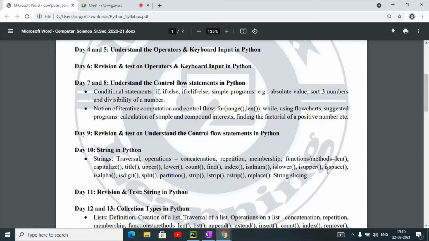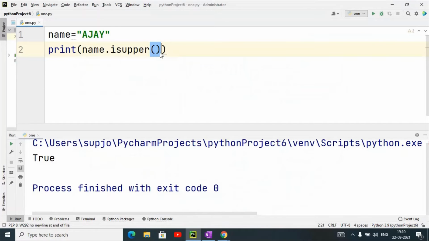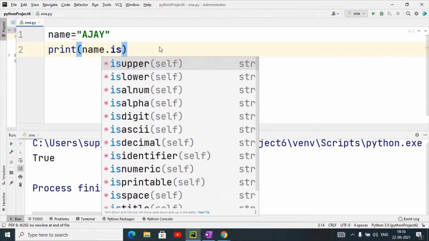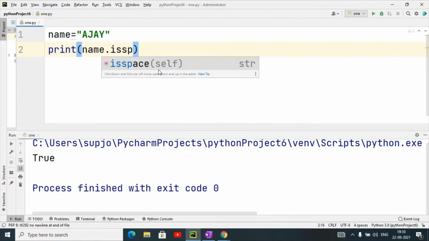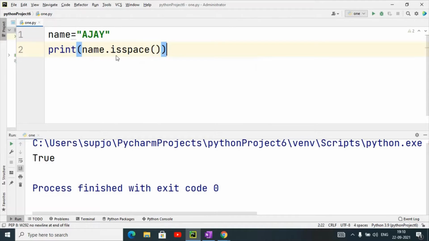And next one is isspace. The isspace method is also available in Python. Suppose I have used this method, isspace. This is a special method. It checks whether all the characters in a string are spaces or not.